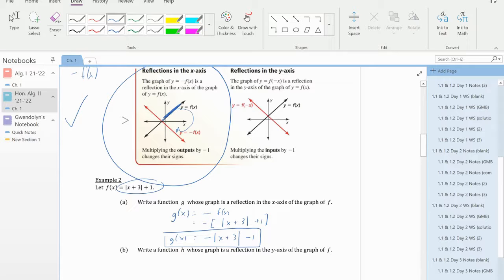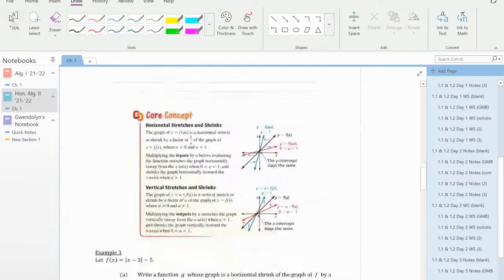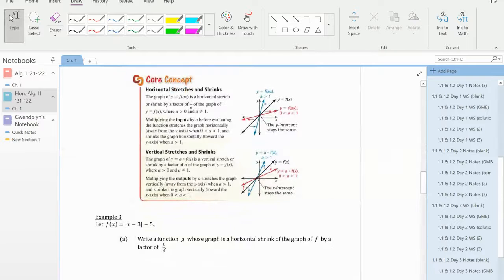Okay, now the B part right there, that is going to be something I do on the notes about the folks who were concerned about the bonus question. Horizontal stretches and shrinks, nope, save that for pre-cal. But again, I will explain it in the extra video that I make if you're interested in the bonus question. You've got to know vertical stretches and